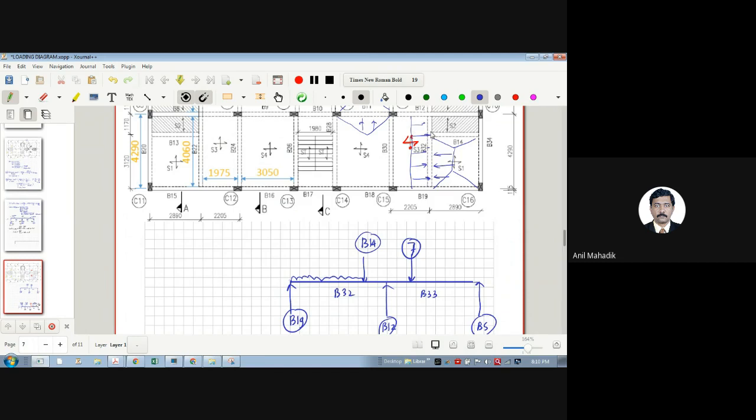S1 पे इस पे लोड आएगा क्या कुछ, नहीं। सो B32 विल हैव अ लोड फ्रॉम S3 जो मेरा वन वे है, देन इट विल हैव अ लोड फ्रॉम S1 विच इज ट्रेपेजॉइडल लोड, एंड देन वॉल प्लस सेल्फ।